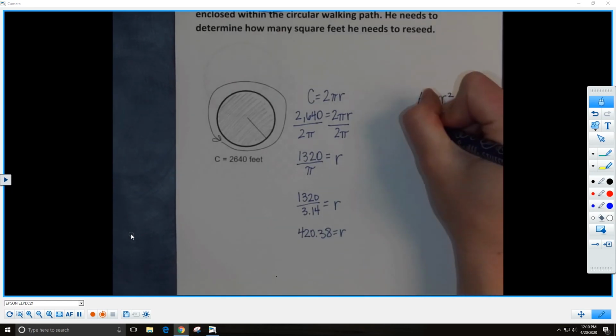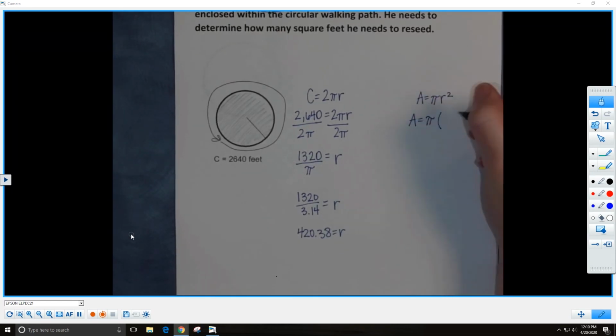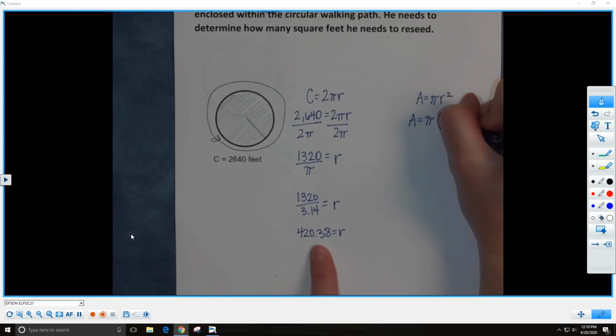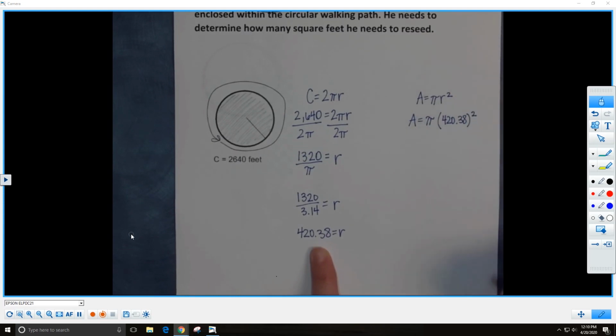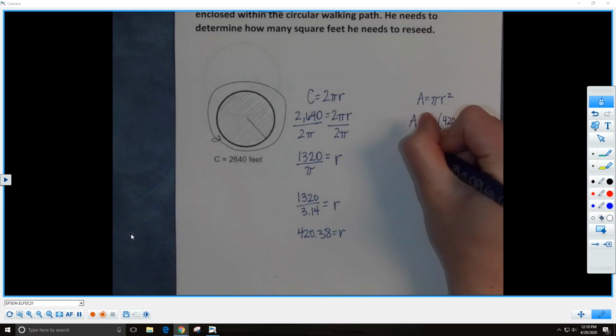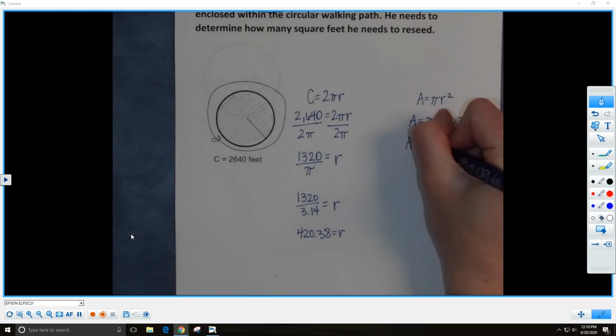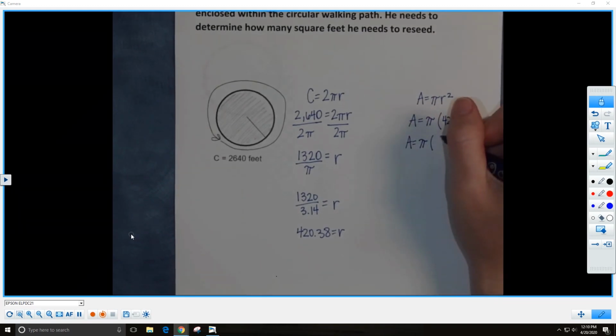So let's do that now. We're going to leave pi. We're going to substitute the radius that we just found, which was 420.38. And remember that that radius gets squared. Also remember that when you're squaring it, it means you're doing that number times itself. So 420.38 times 420.38. So once you've squared that, hopefully using your calculator,